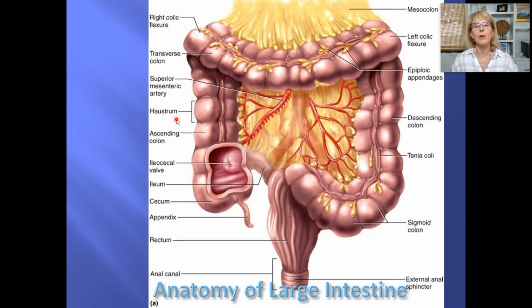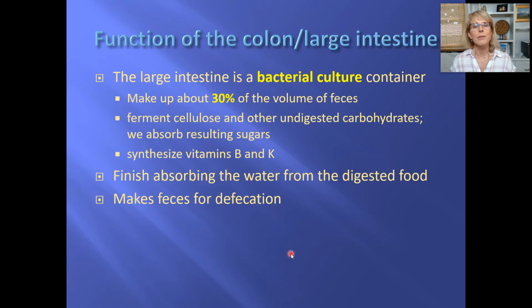And we're basically growing bacteria here, and we grow several pounds of bacteria every day and get rid of most of it, right? And then the rectum, that holds the feces before you're ready to get rid of it, right? So the major function of the large intestine is a big bacterial culture. About 30% of the volume of every feces you have, every poop you have, about 30% of that is bacteria that you grew. We feed them